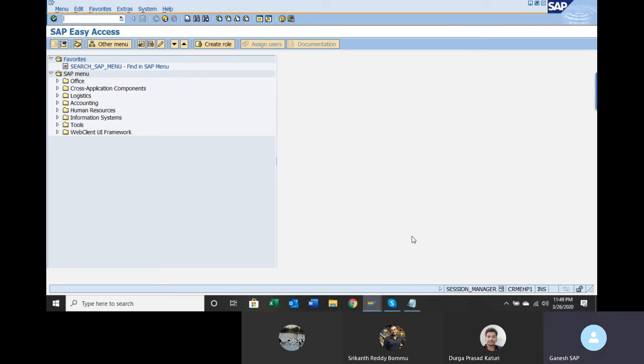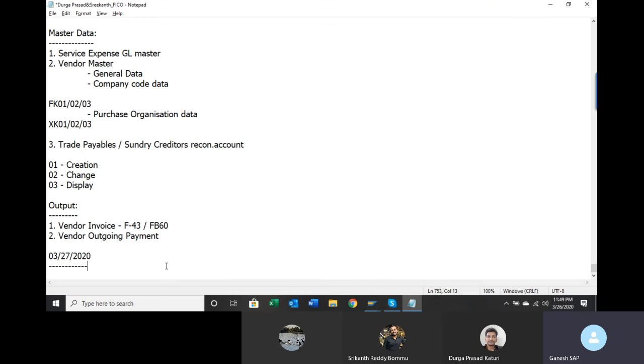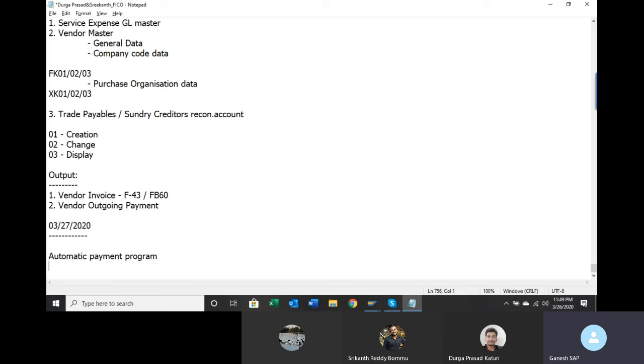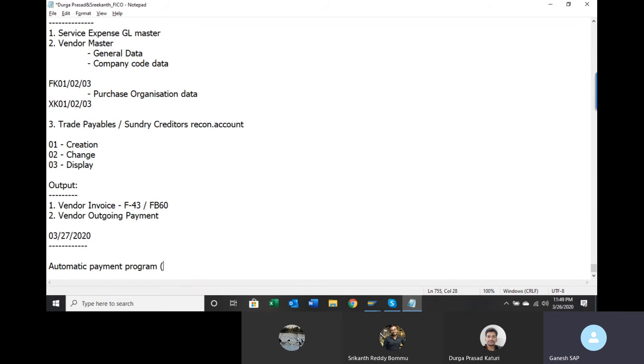Fine. So in yesterday's session, we discussed vendor invoice and vendor payment. In today's session, we'll see the automatic payment program. It is called APP, automatic payment program.